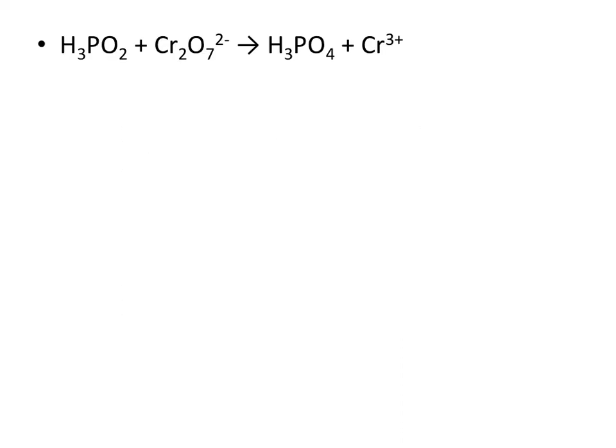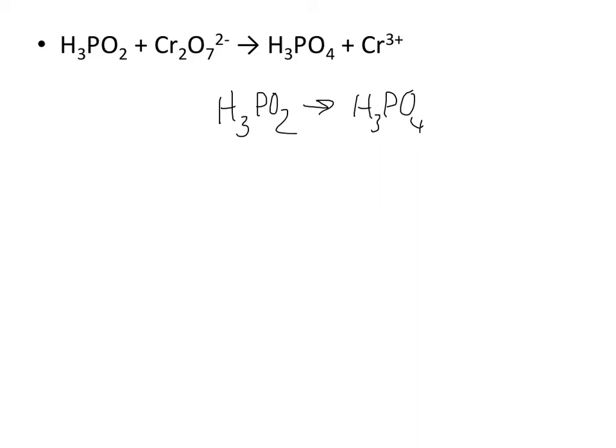Alright, let's start off balancing a reaction in an acidic environment. Here we're going to take hypophosphorous acid in the presence of dichromate to produce phosphoric acid and chromium 3 ions. We'll split it up into two half reactions. We'll say that H3PO2 goes to form